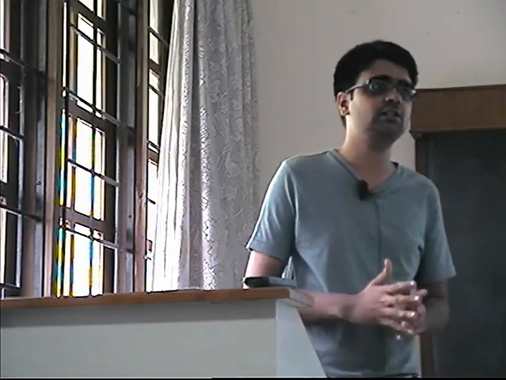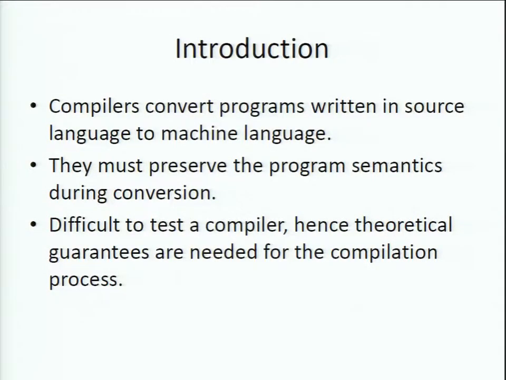So I mean, you have guessed by now that data flow analysis is related to compilers, and I'm assuming that all of you have used a compiler sometime or another in your education so far. Okay. So what is a compiler? A compiler is a piece of software which basically converts a program that's written in a source language like C, C++ or Java to a machine language which you can directly run on your machine.